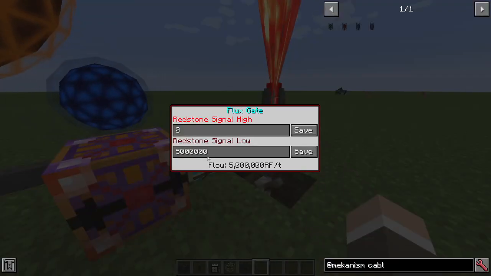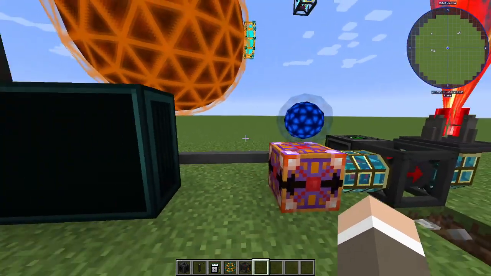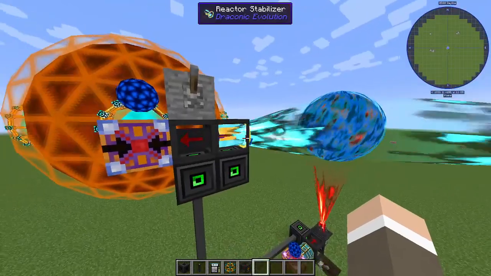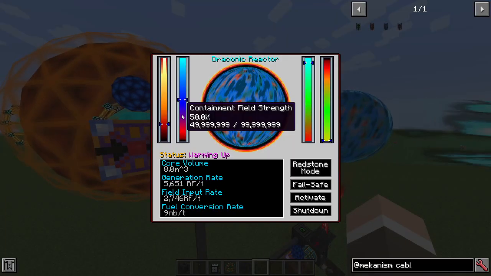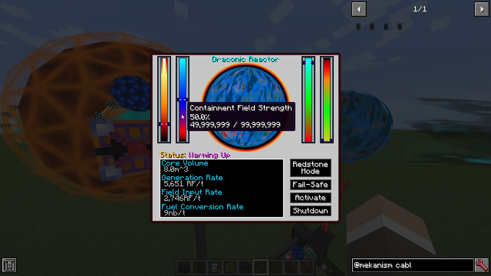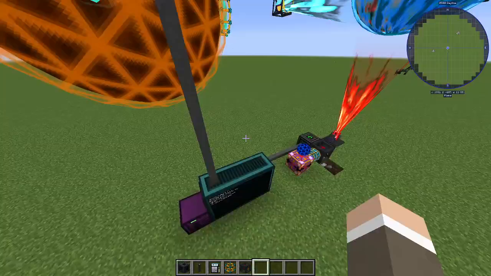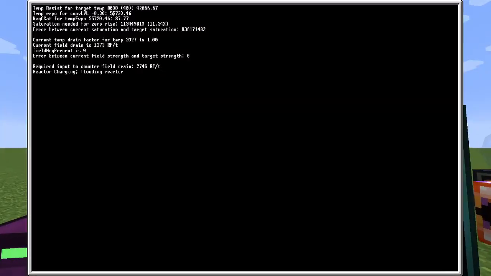That's what it was doing by setting the, yeah, see, it set the input flux gate to 5 million RF per tick. It was 500,000 before. And now, assuming I am working with the correct version of this program and not a scratch version, that would be rather embarrassing. When I hit this button, see,